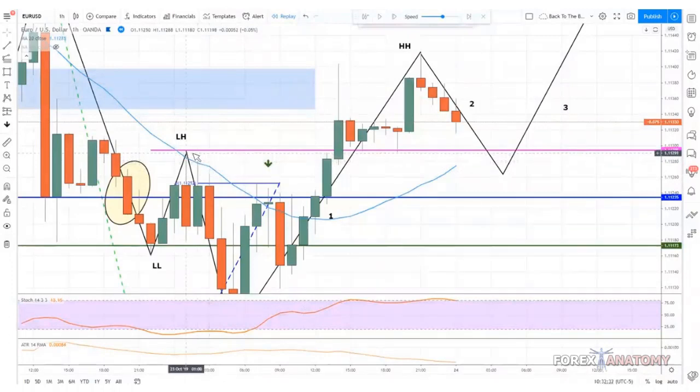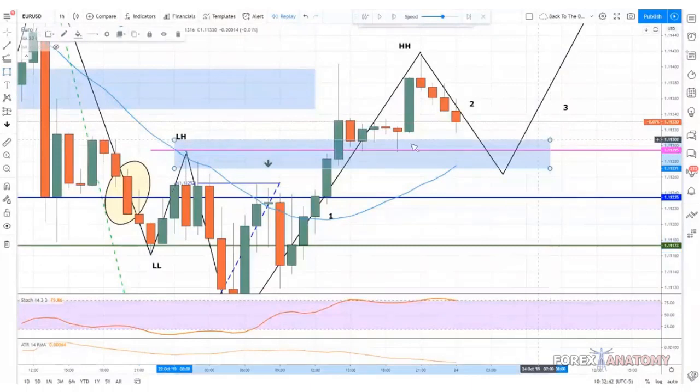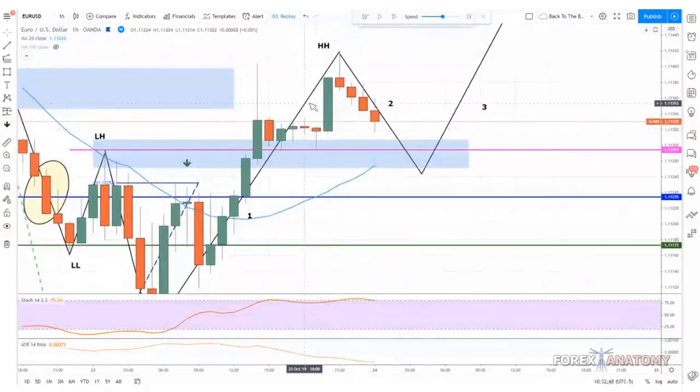Right down to this recent structure high, right? So then we can identify this zone and just say, okay, let's see what happens when price reaches this zone again. So what we're going to do is monitor price and see if we can get a buying opportunity here. And if not, then we'll just keep on looking, keep on moving.